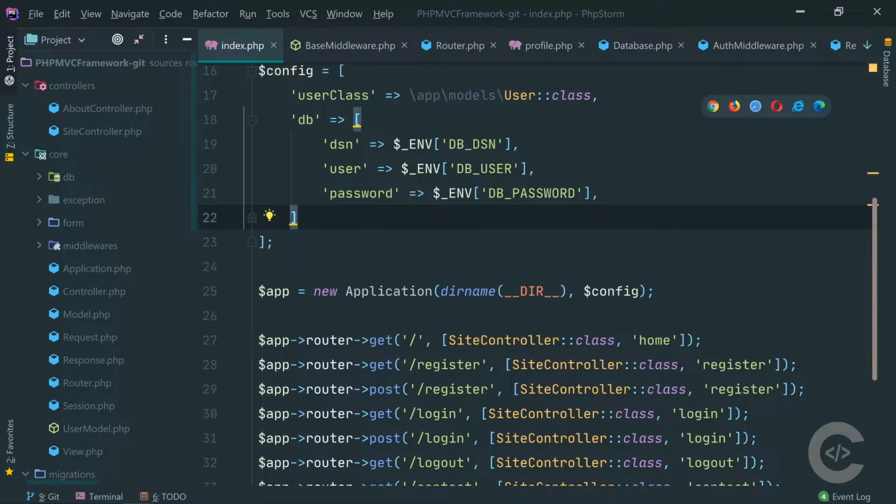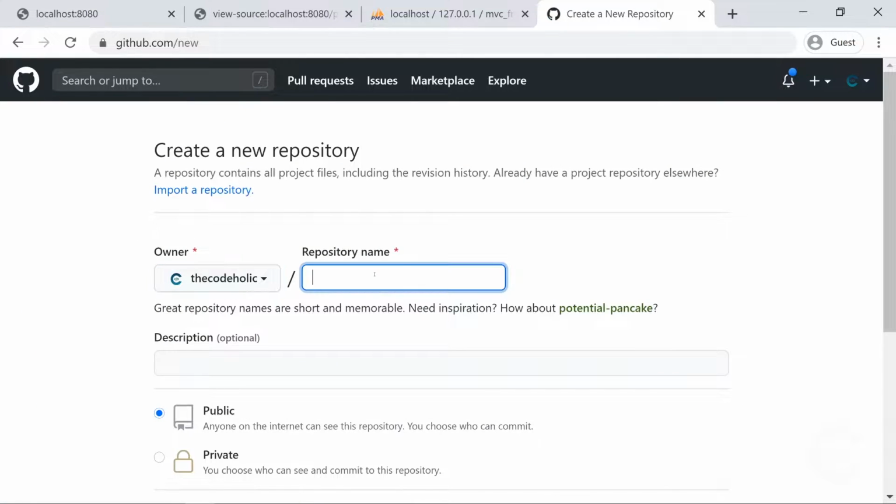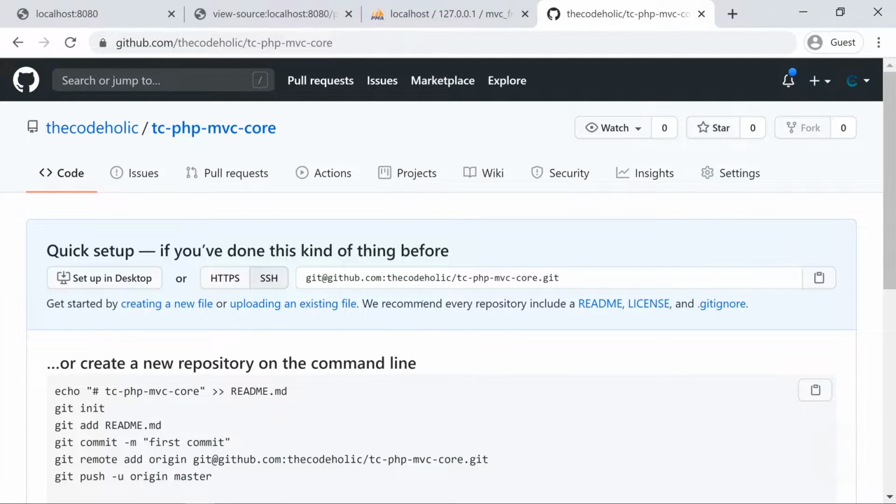And now I just want to take out the core and make it installable. Okay, let's do this. First of all, I have to create a repository on my GitHub, and I'm going to call it thecodeholic/php-mvc-core. Let it be like this. I'm going to hit enter. I don't want to write the description or anything else. Here I have it. So I'm going to copy the URL